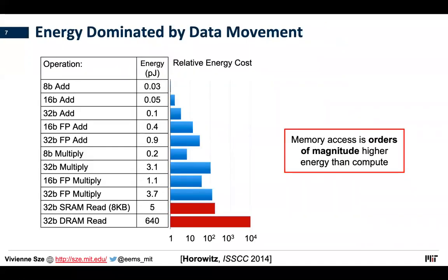It should also be no surprise to the audience here that when we start thinking about minimizing the energy consumption, what really dominates energy consumption is the data movement itself. And so this is a very popular plot from our cohorts showing that memory reads from even small on-chip SRAM memory is going to consume more energy than multiplications or additions. And of course, reading from off-chip DRAM is even worse. So in general, the larger the memory and the further away it is, the more energy it's going to consume. And it can be orders of magnitude more energy than the compute itself or